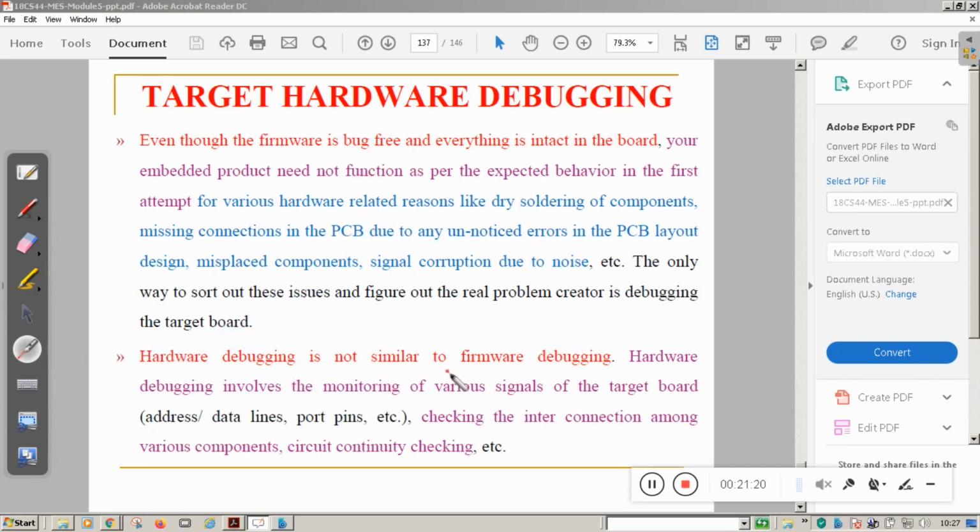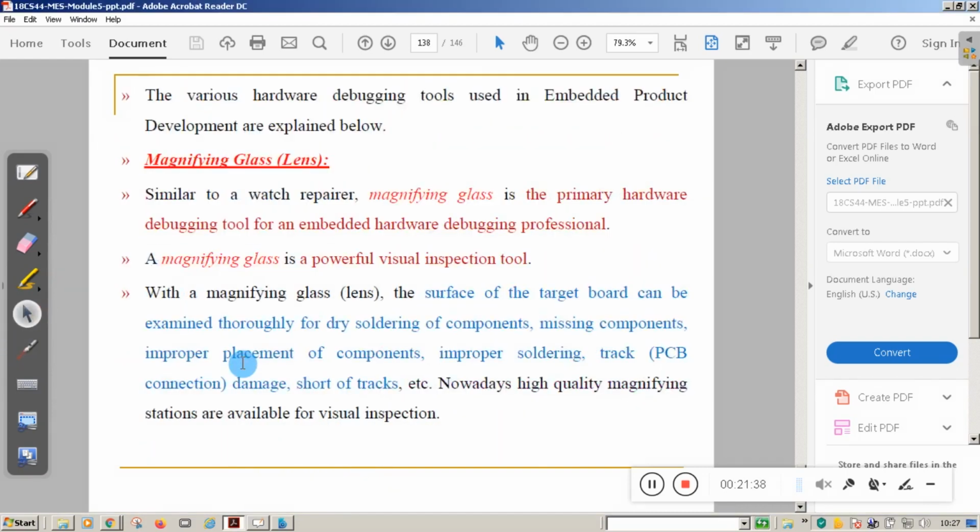Hardware debugging is not similar to firmware debugging. Hardware debugging involves monitoring of various signals of the target board. You need to check the various signals, one by one, address lines, port pins, etc. Checking the interconnection among the various components, etc. So for all this hardware debugging, we need certain types of